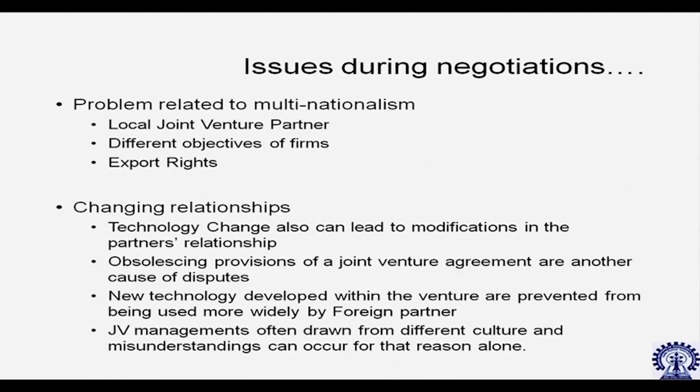For example, when the joint venture was entered upon, the regulatory prescription was that the foreign partner could only invest up to 35% of the equity. But at present, that regulatory environment has changed, and it has been opened up to 100% equity investment. So, if you have that provision in a partnership agreement, it might create a problem in the joint venture. Similarly, the new technology developed within the joint venture is prevented from being used widely by the foreign partner,